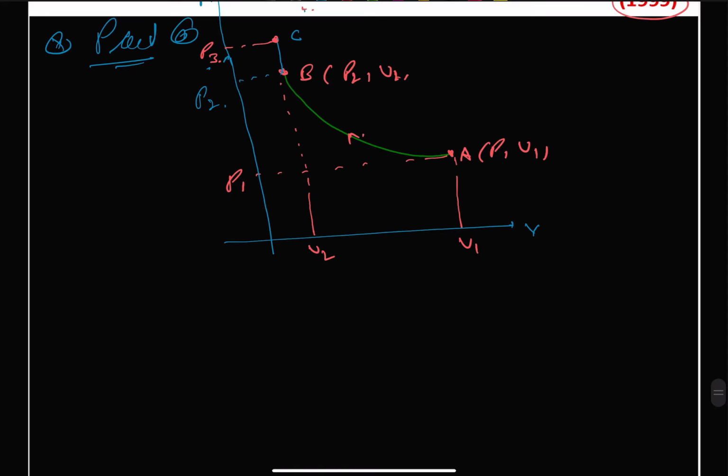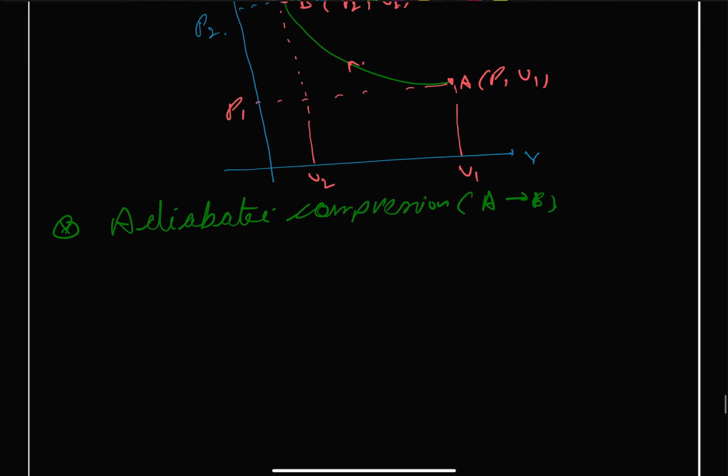Let us start with our adiabatic compression, which is from A to B. For adiabatic we know that the heat Q will be equal to 0. So Q of A to B is 0, and we have change in volume